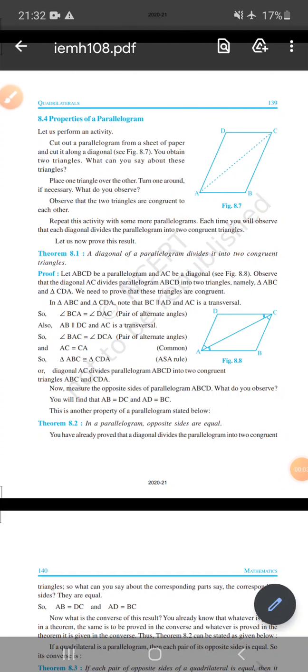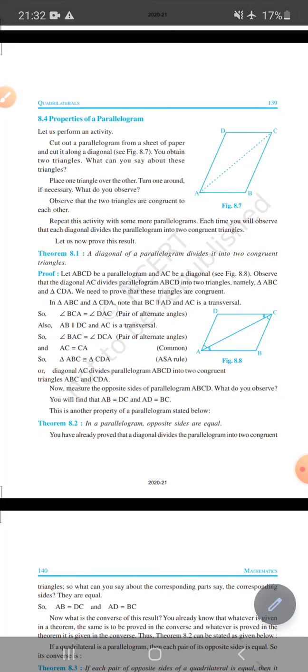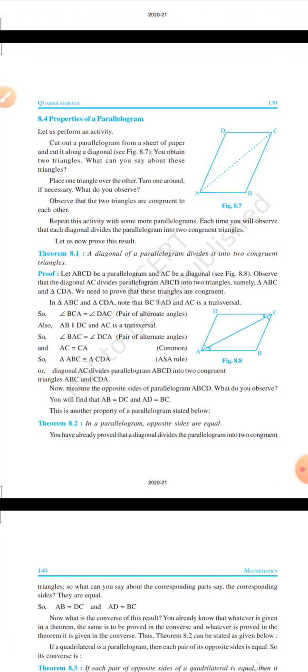Hello students. So now we will discuss some properties of a parallelogram. Basically this is a theorem based chapter. So the first property is that the diagonal of a parallelogram divides it into two congruent triangles. If we join the opposite vertices of a parallelogram, then the two triangles formed will be congruent to each other,